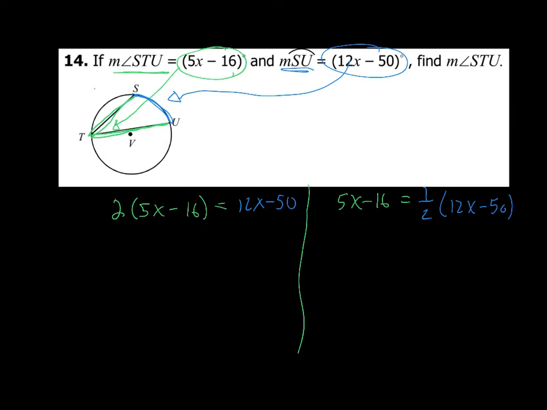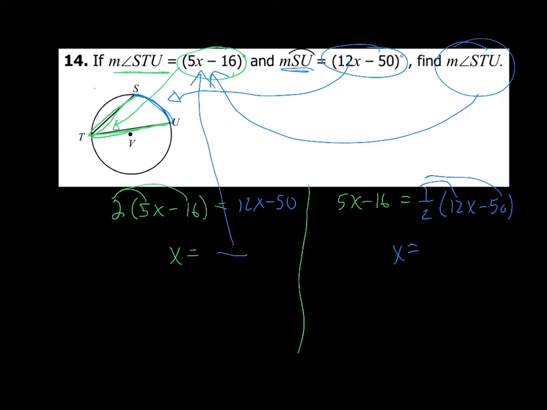So I'm going to solve for x. You can distribute and deal with this how you'd like and get a value for x. And then once you get the value of x, the final answer is the measure of angle STU. So I'm going to take my value of x after I get it and substitute it into there, and I'm going to get a final answer. The measure of angle STU is equal to something. So first, I'm going to get the value of x. Second, I'm going to substitute it in and get the measure of angle STU. And again,